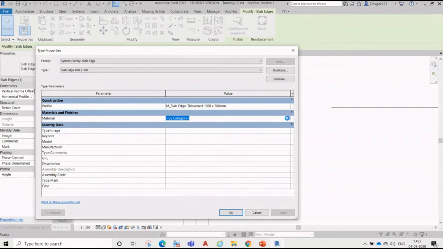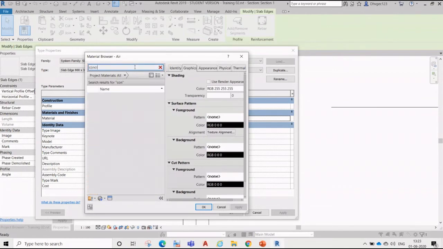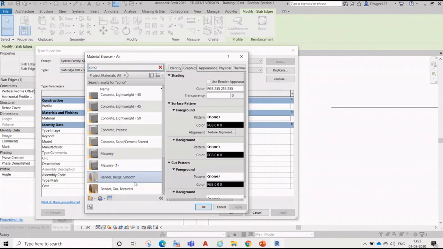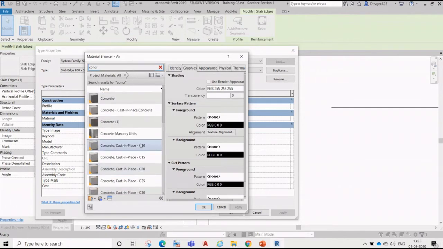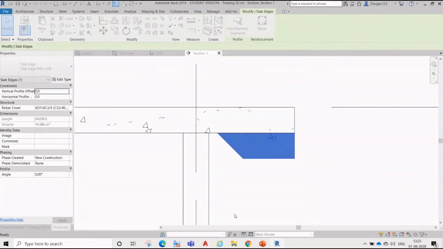Just by category. You will see this block. You can just edit it. Select that one, okay, apply.